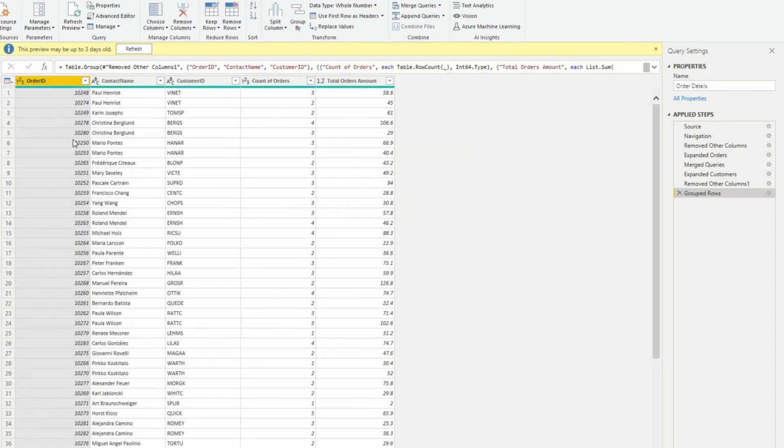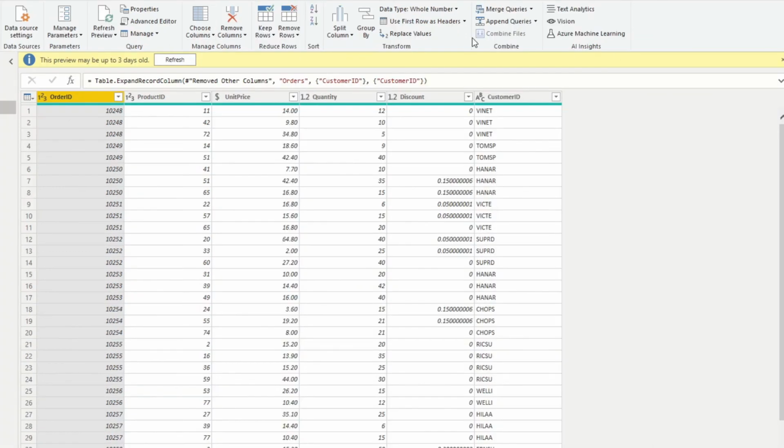So just have a look at the order details here. You can see here we have 3 different groupings: order ID, contact name, customer ID, and then we have 2 aggregations that we do. So we count the number of orders and we sum up the total orders amount. So we want to have the same output here. So let's do a group by here,